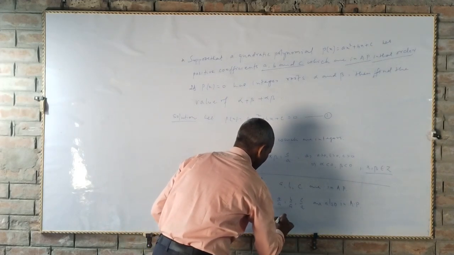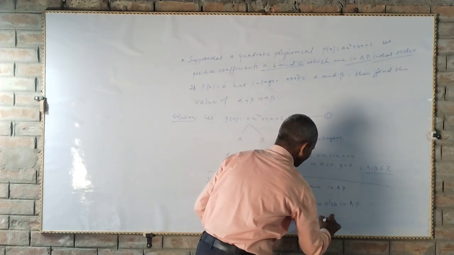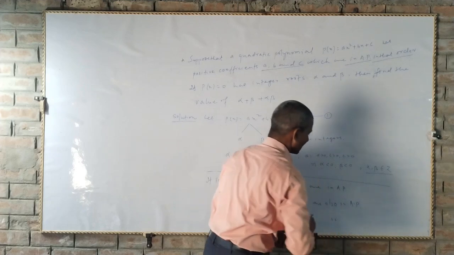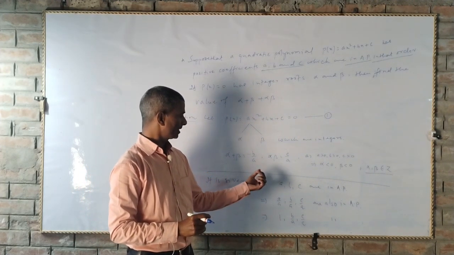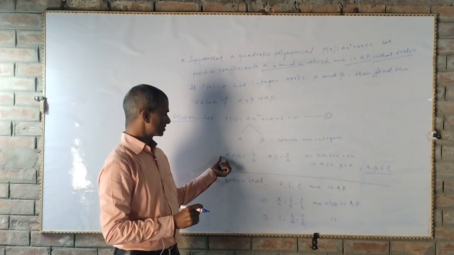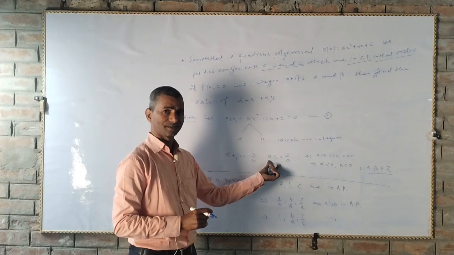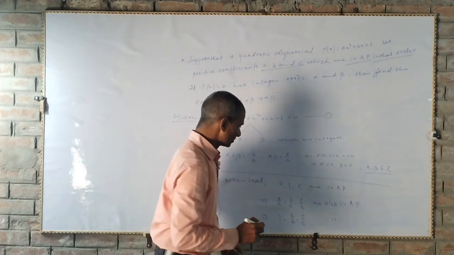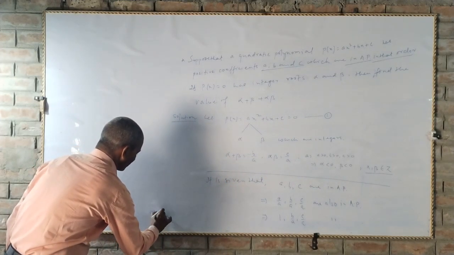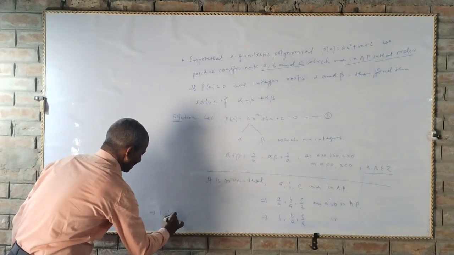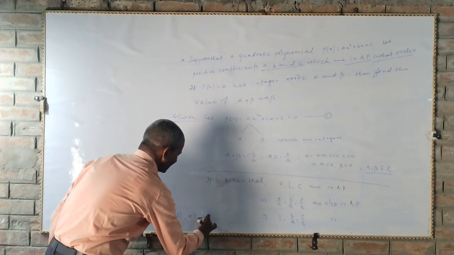So this implies 1, b by a, c by a are in AP. अब आप यहाँ से देख सकते हैं कि b by a को we can replace minus of alpha plus beta, and c by a can be replaced by alpha into beta. So which implies 1, minus of alpha plus beta, alpha beta are in AP,